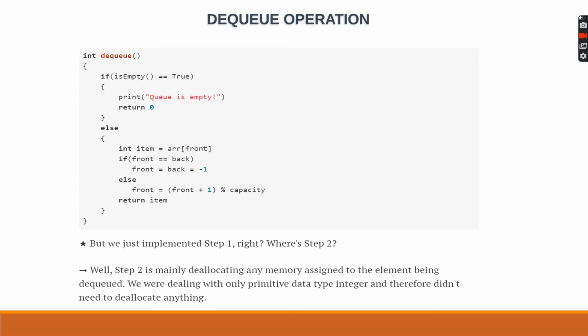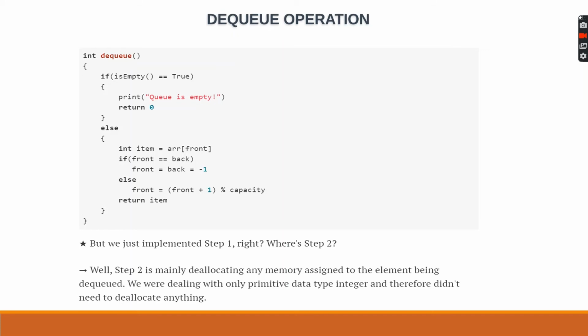An else condition states that we'll be storing the topmost value in an item, that is int item equal to array[front], and if front equals back, that is if only a single element is left in the queue, then we will assign the value -1 to both front and back, so as to show that the pointers have been pointed to -1, that is the least index in a queue. Otherwise, front equals (front plus 1) modulus capacity. So this is the syntax used to traverse in a queue and return the item.